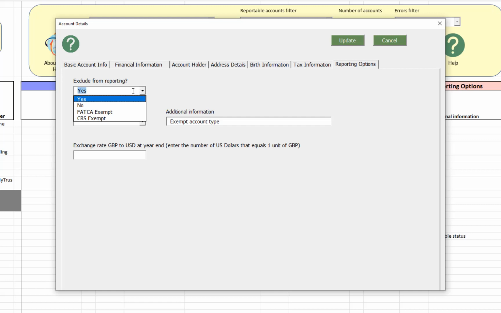What we've also got, in addition to being able to say exclude generally, is that you can also say that it's FATCA exempt, which could exclude it from the FATCA reporting but not the CRS, and similarly CRS exempt, to exclude it from the CRS but not the FATCA. And there can be some reasons behind that. If I just update, close this,